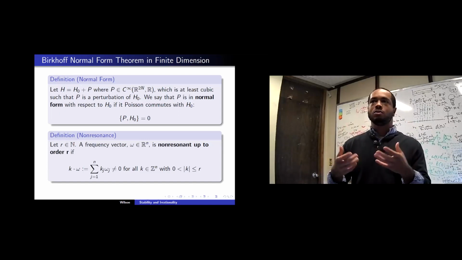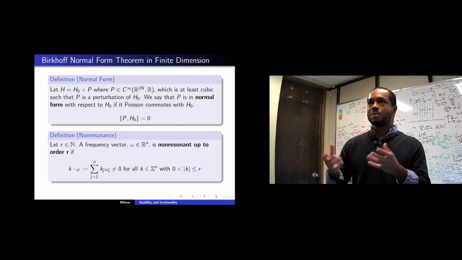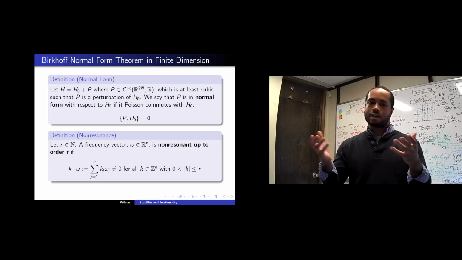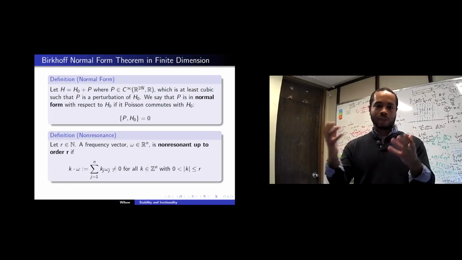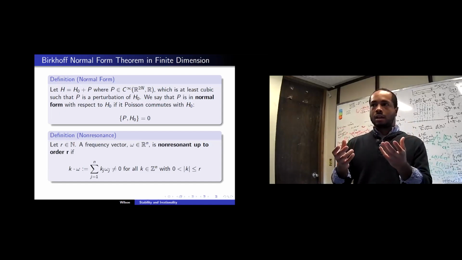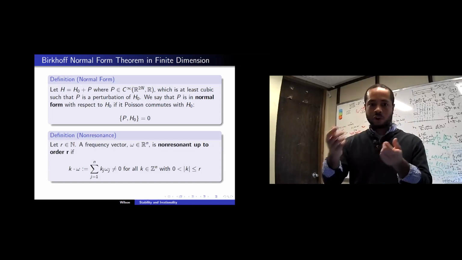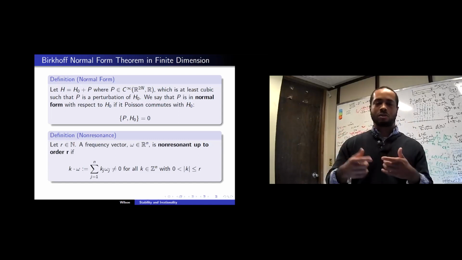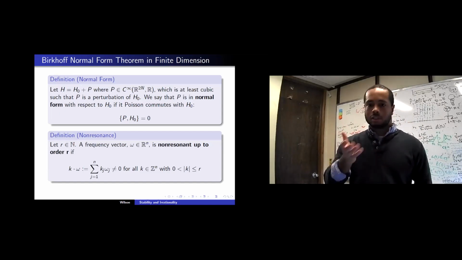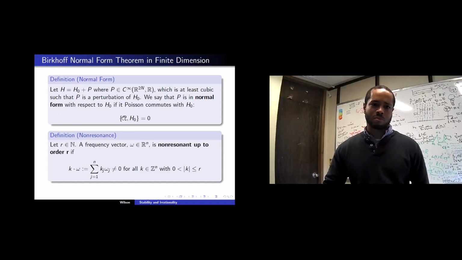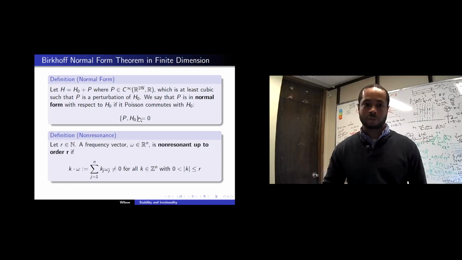Essentially, this is maybe a poor way to state it, but you essentially want to linearize your equation. It's not exactly linearization, but it's somehow a decoupling of the different modes, say the Fourier modes, from each other, so that their dynamics are completely decoupled. But there are many ways to think of this, and this is one here: that your Poisson bracket, or your Poisson commute with the linear part of your Hamiltonian, or the quadratic part of your Hamiltonian to be specific. Okay,